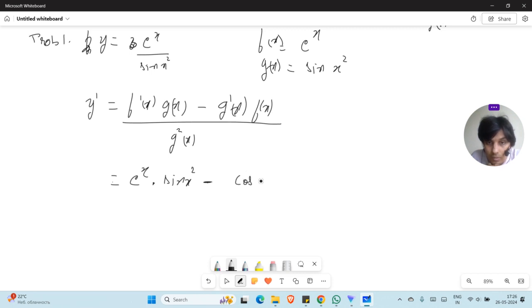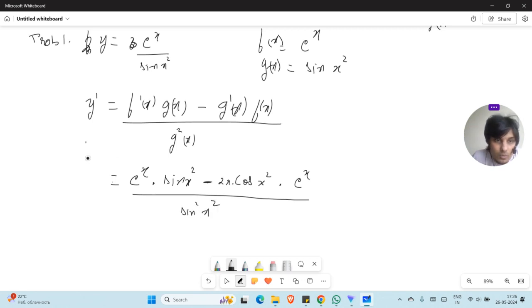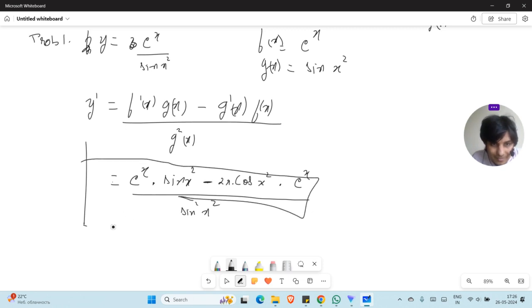Cos x square into 2x. I'm writing it over here because I do not want to make it feel like it's part of the argument of cosine, into f(x), e^x, upon g square x. So it will be sine square x square. So this is how we get to our final result,